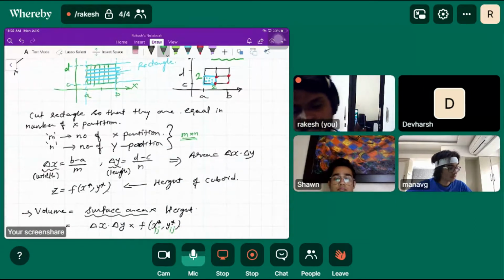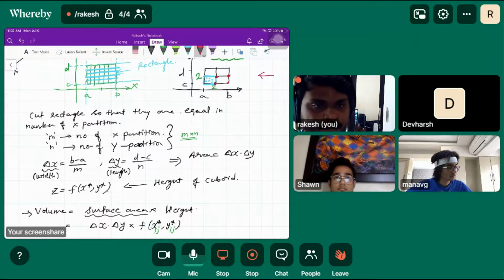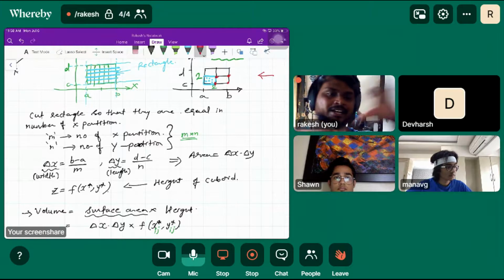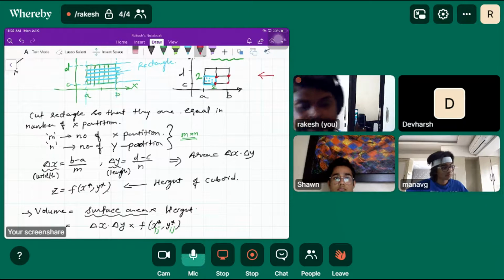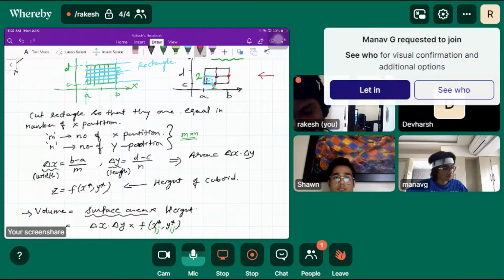If, suppose, how many rectangles are here in this? There are four rectangles, right? So it makes a grid kind of structure, a grid kind of diagram. So basically whenever we get,